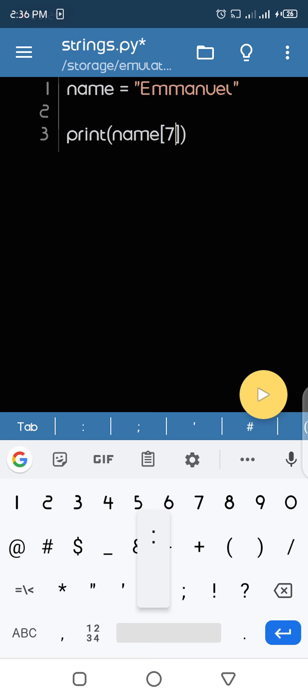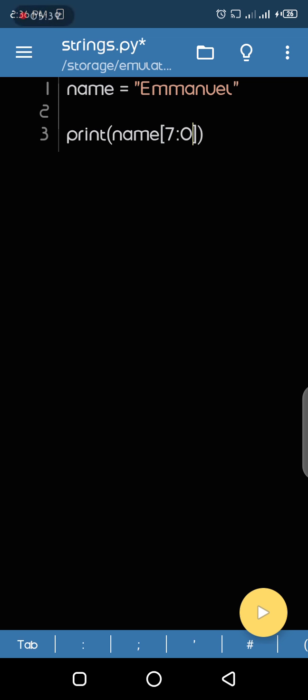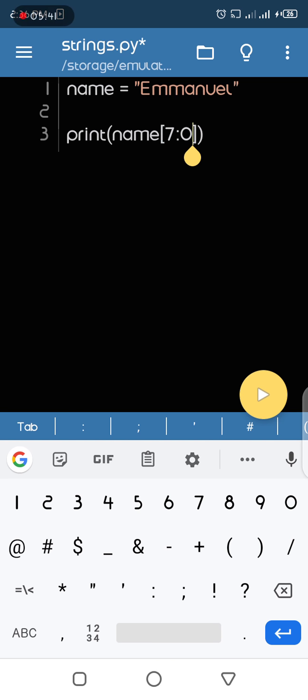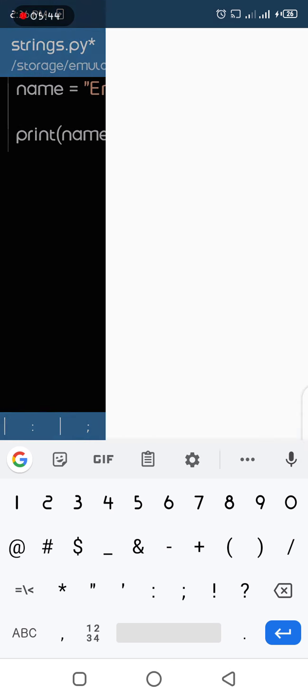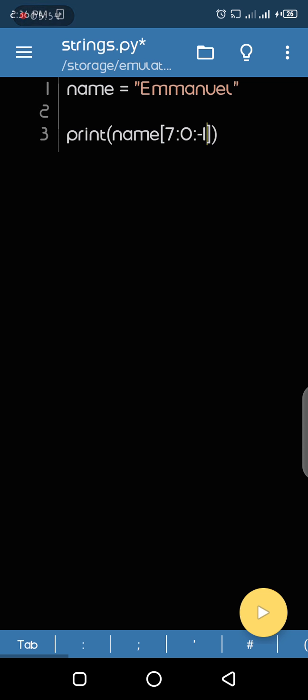Let's say 7 to 0. It will bring out an error. It doesn't understand it, because it is reverse. So for it to understand, I have to put the step of -1. Now you can see it reverses everything.